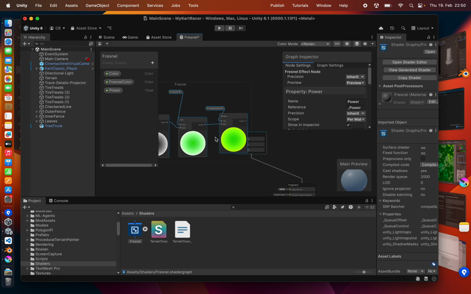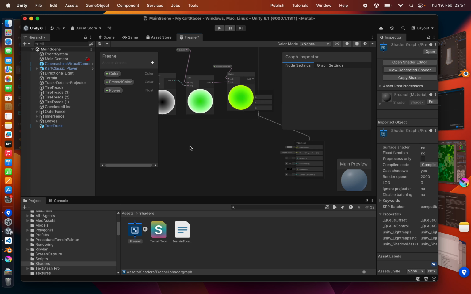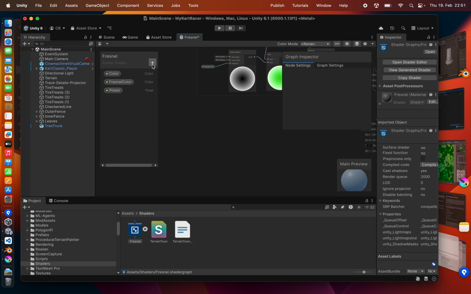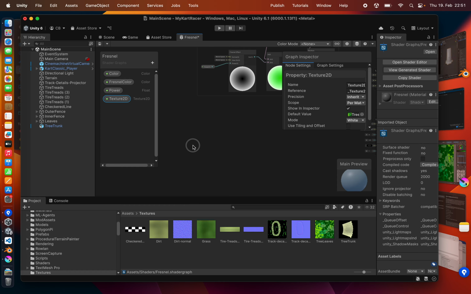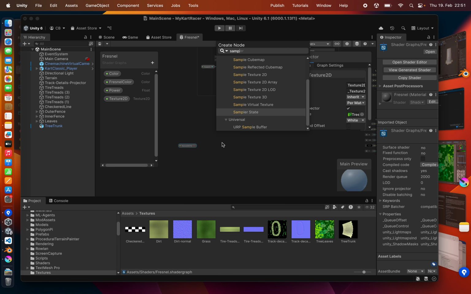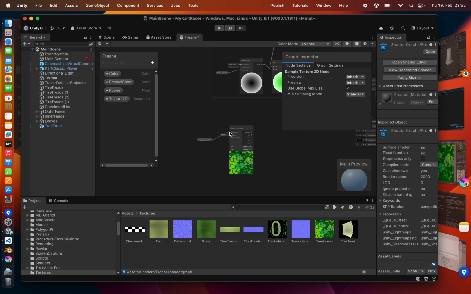Called Fresnel. So I still would like to be able to sample a texture. So what we're going to do, we're going to add a texture 2D. As a default, we can even provide the leaves. There it is. So let's bring that in, add a sample texture 2D node here, bring in the texture, and